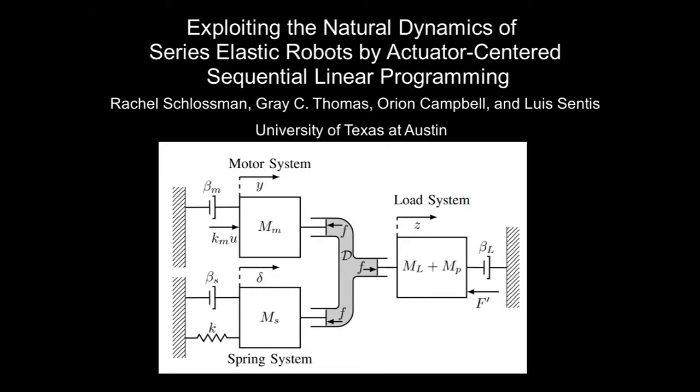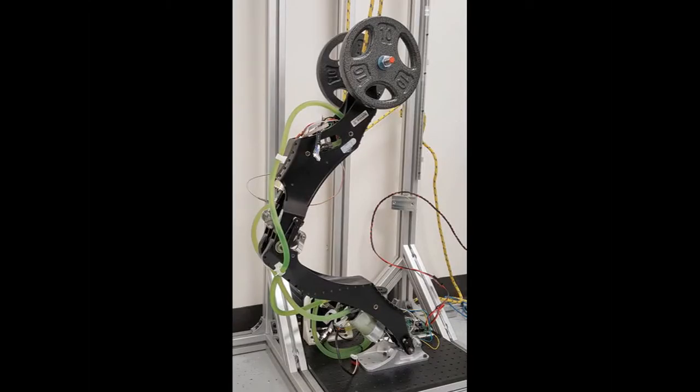Our paper introduces an actuator-centered trajectory optimization scheme, and this video presents the optimized motion of our example robots. We begin with the simulation of a soft spring version of the Eptronic Draco. This single-leg robot with a 20-pound load at its hip is driven by two series elastic actuators at the ankle